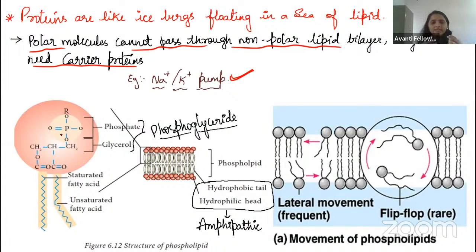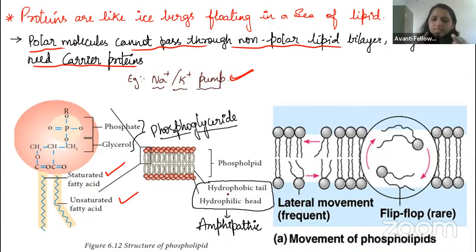Always remember, guys, it consists of the glycerol backbone, right? Glycerol is there, and to the glycerol molecule we have added the phosphate group. If you study the biomolecules, in the lipids they have given the glycerol structure. In the phospholipid structure also they have given it. You can see one tail is saturated and another tail is unsaturated. So this is about the plasma membrane we have studied.